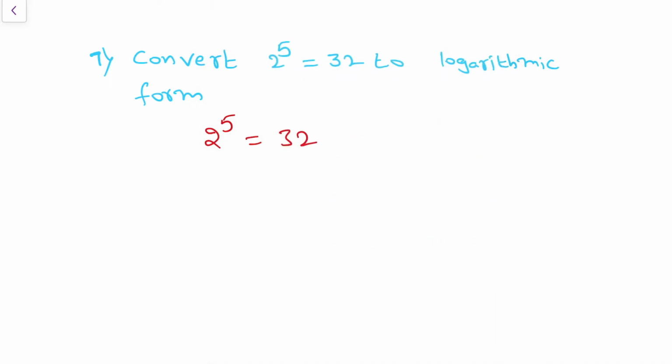For that answer, apply log. So log 32 is equals to. Now in the given question, whatever the power is there, write that power as the number on the right side of the equal. Here power 5 we already wrote, 32 also we wrote. Still remaining is base 2, write that as it is as the base here. So 2 power 5 is equals to 32 is nothing but log 32 base 2 is equals to 5. This is the way to convert from exponential form to logarithmic form.